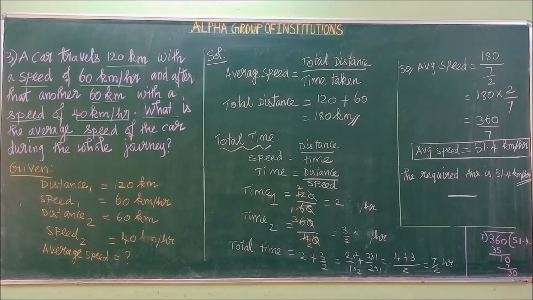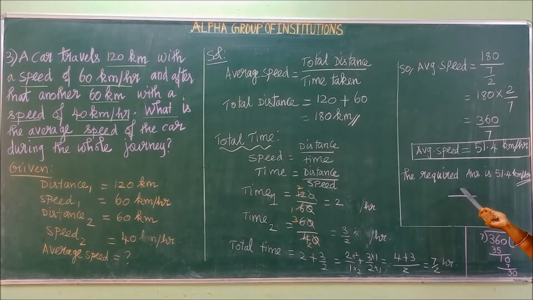Rough work I have done here. 360 divided by 7. First one is 7. 5s are 35. So remainder 1 will be here. 0 will come here. 7 1s are 7. Remainder 30 will be there. Then subsequently what you will get? 7 4s are 28. So after decimal 1 point is enough as is now. So what is your answer? 51.4 kilometer per hour. Children, as it is very small here, so you on your own do this division in your rough column. Right? So what is your answer? Average speed is 51.4 kilometer.